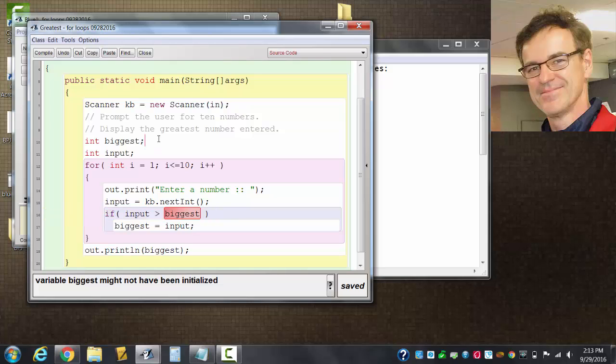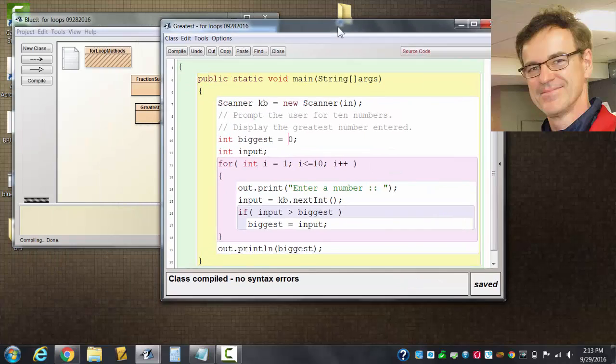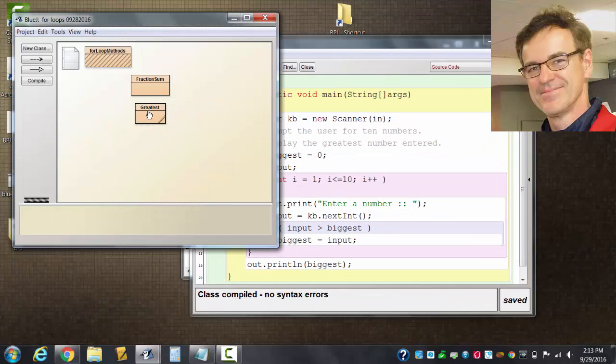Well, what do we initialize it to? This is a pretty abstract part of this program, I think. It's a tough part. You might think that 0 is good enough, and 0 is good enough for most series of 10 numbers. Well, let's come back to that thought. Let's just make it 0 and see if that works. Okay, it compiles, and now when I run it,